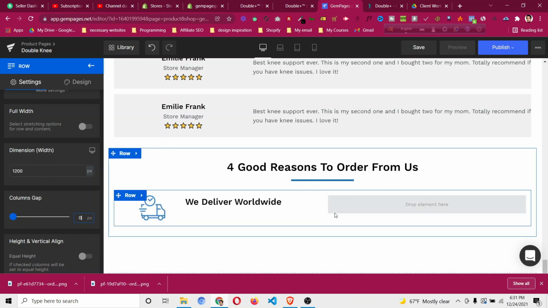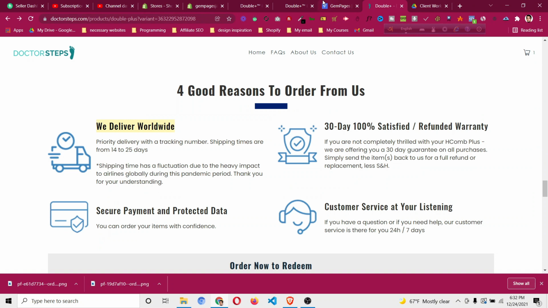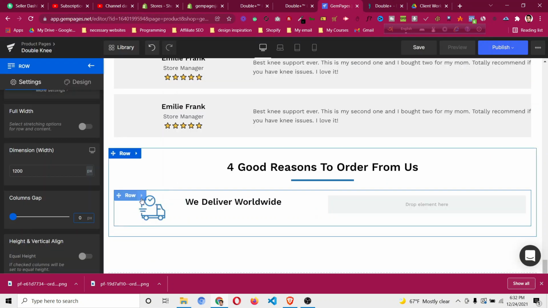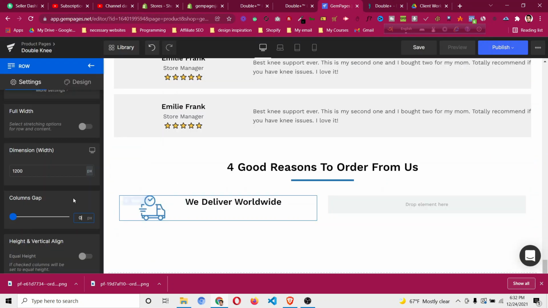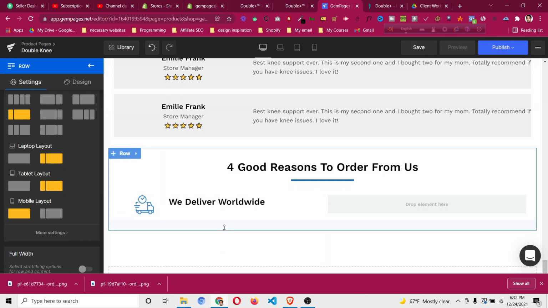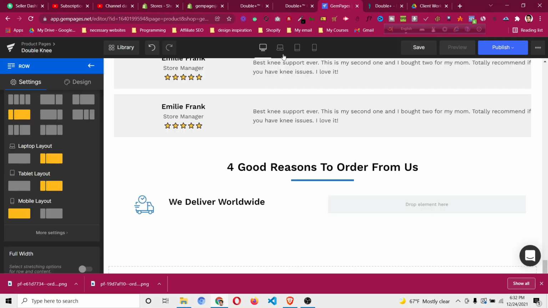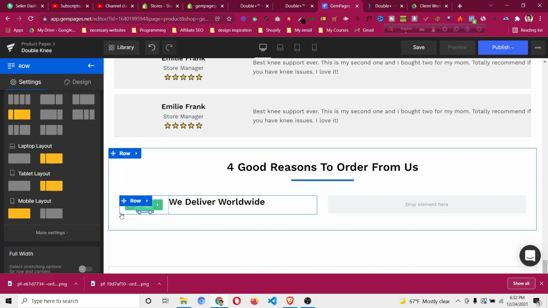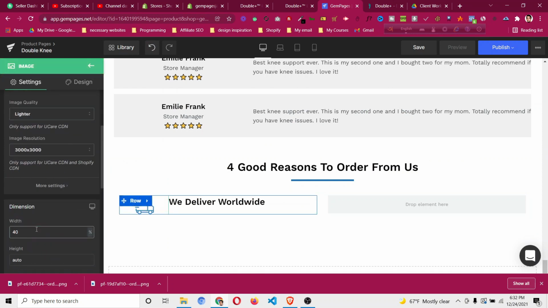Okay, so then what we can do, we can click on this row and make it more smaller than this. So one thing to do, you can see there is another smaller portion for the left side, we can choose it as well. So make it much smaller, and this image is actually not that small, but let's make it 50%